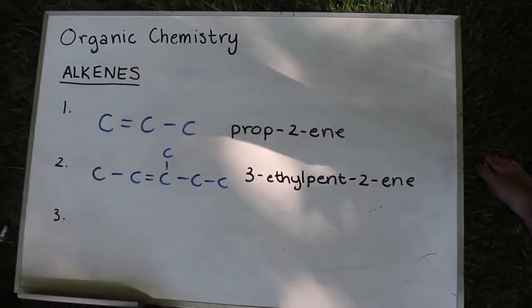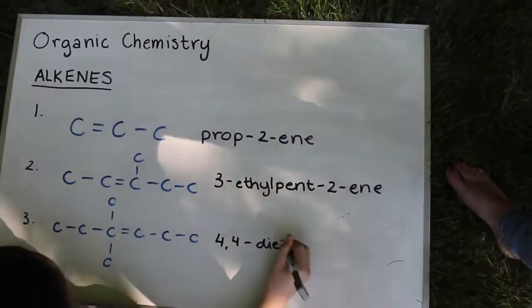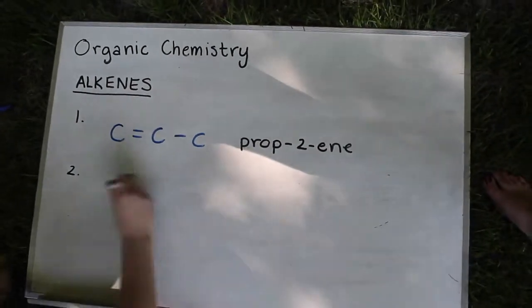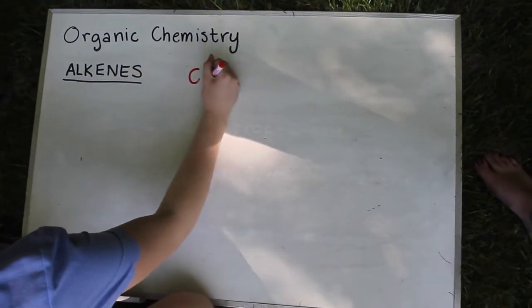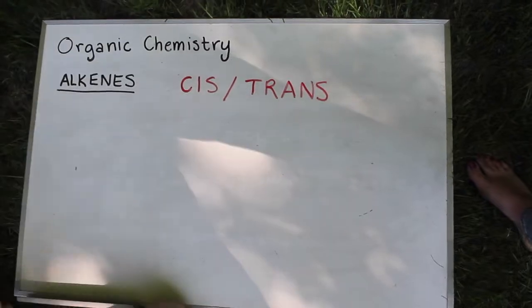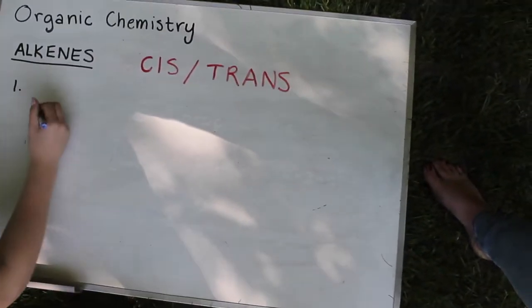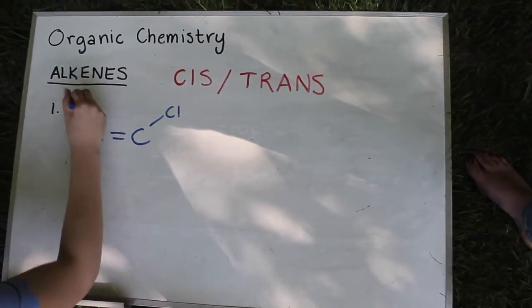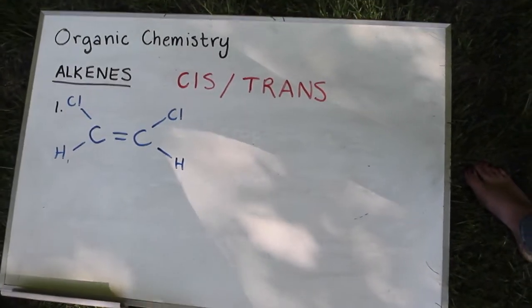Let's try one more. 4,4-diethyl-hex-3-ene is correct. Now, let's add the complexity of cis and trans isomers. If 2 groups attached to the carbons of a double bond are on the same side of the double bond, it's a cis alkene. If the 2 groups lie on opposite sides of the double bond, it is a trans alkene. Consider this example. There are 2 carbons attached via a double bond, as well as 2 chlorines attached on